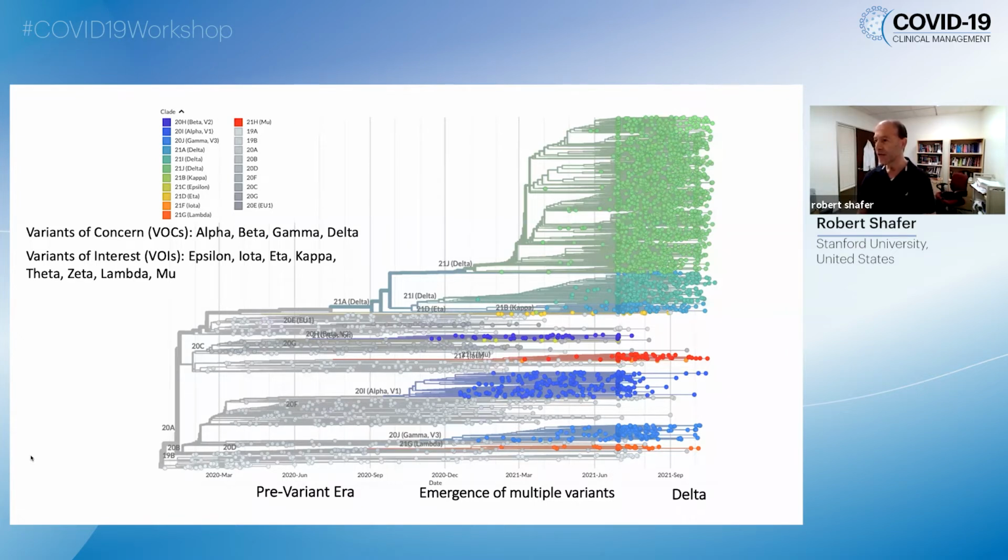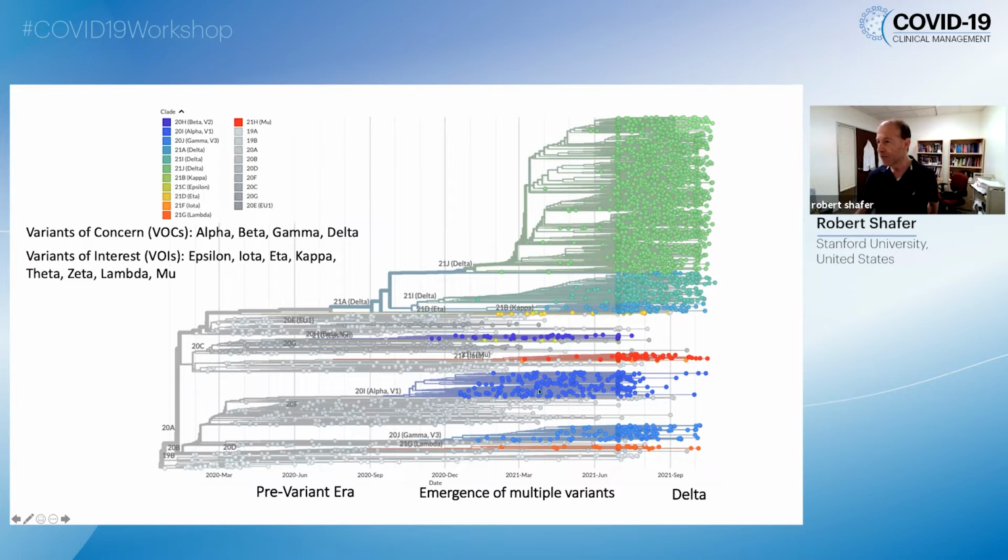In the first few months of the pandemic, the number of mutations per sequence was very low, and the mutations that were observed were mostly random. In late 2020 and early 2021, the number of mutations increased, and several in the spike protein were found to increase virus replication and interfere with humoral immunity. This prompted the development of a classification system in which some virus lineages were classified as variants of concern and others as variants of interest.